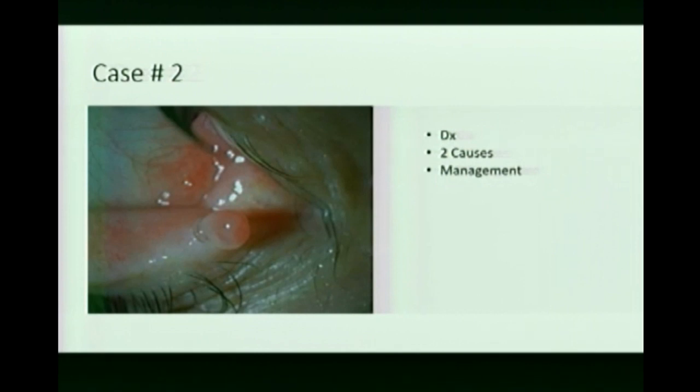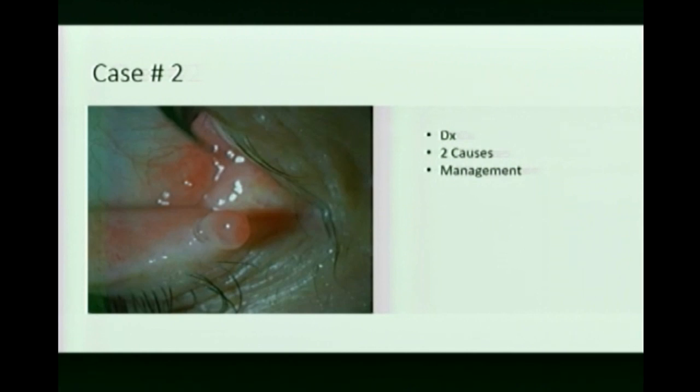Pyogenic granuloma, excellent. Why do you think this patient has the pyogenic granuloma? Okay, so he says trauma. Anything else? Surgery. Okay, so surgery. Who has another comment? There's a punctal plug. You're right. And this is what Dr. Ayman Al-Ayouby was telling you, the case is here. So there is a punctal plug inserted here, and it's a foreign body, so it resulted in a pyogenic granuloma. But anyone who mentioned trauma or surgery in general will be accepted,